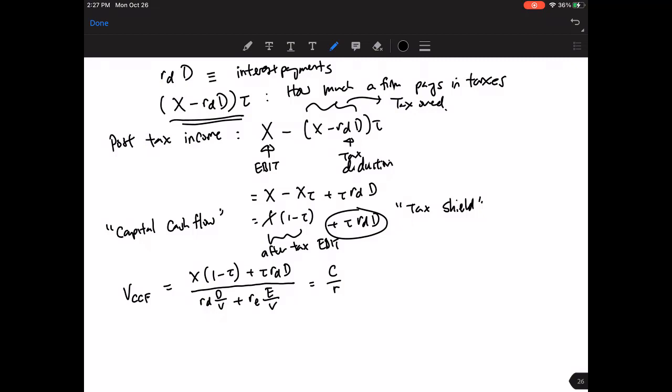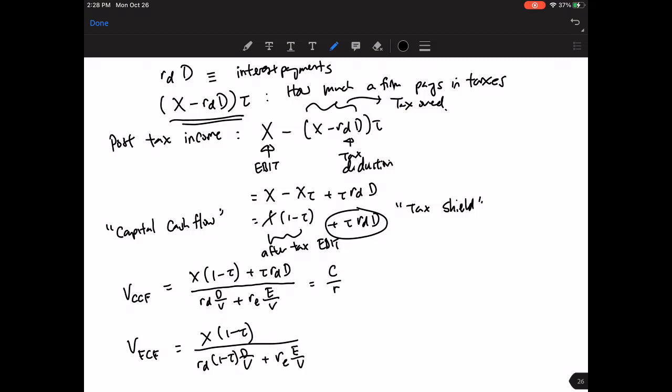Okay, and we're going to compare this VCCV with our value of the firm, assuming we are using the free cash flow definition. Recall, in the free cash flow definition, there's no tax shields component, so it's just simply EBIT times 1 minus tau. No CAPEX, we're just assuming that's 0 for now for simplicity. And we're going to use the post-tax WACC. That's RD times 1 minus tau, D over V, plus RE